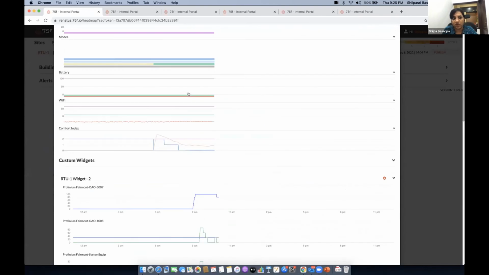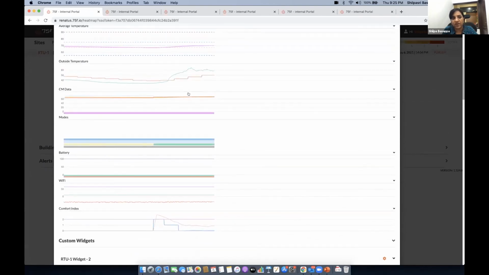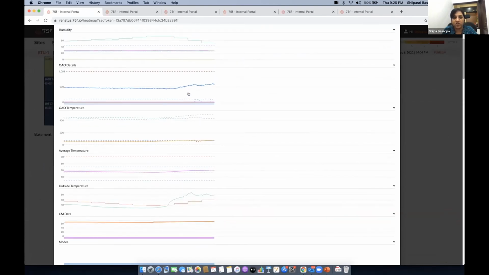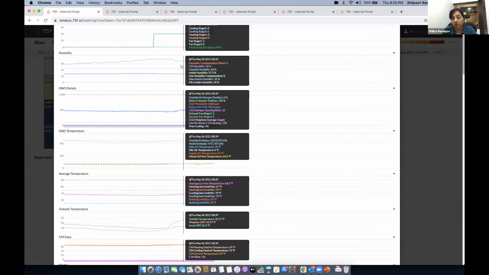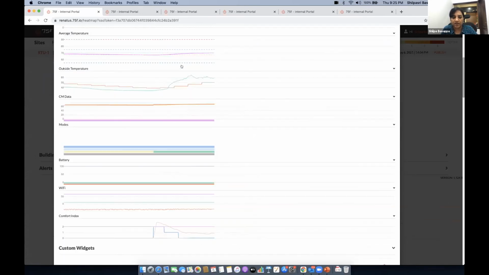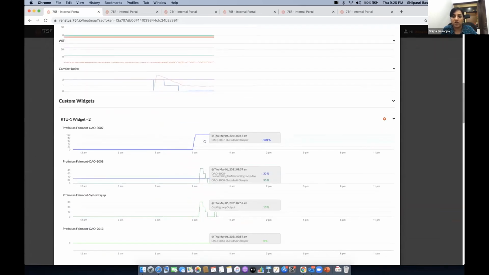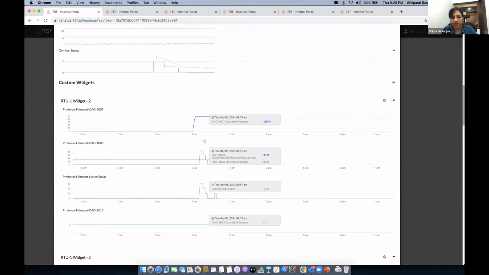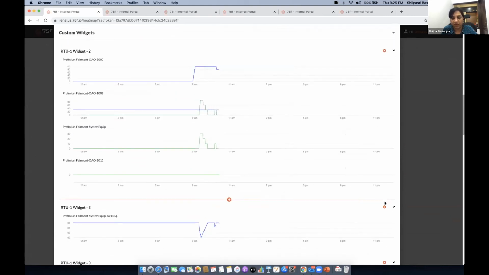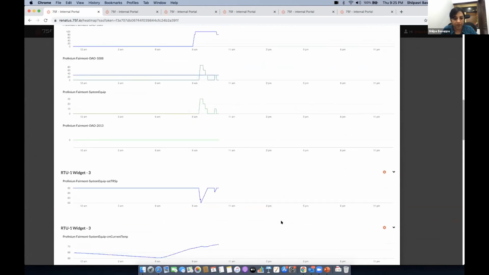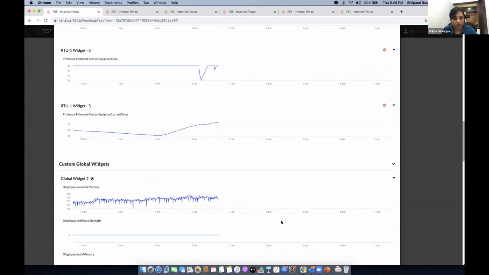For each profile that we deploy into a system, we give users predefined widgets so that monitoring becomes extremely easy. They'll be able to monitor any parameter within a building that they would want. In case the user is interested to know more, or to compare things within a building, he'll be able to do that along with analytics. For example, I'm going to open up and show you